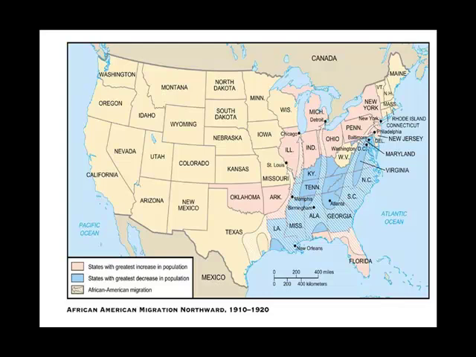You should also notice the patterns of migration. If you can see the way those arrows are adjusting, you'll see what I mean by that vertical movement out of the Carolinas up into New York, into Pennsylvania, out of Alabama, for example, all the way up into Michigan, then out of, let's say, Mississippi and Louisiana into Chicago, and also into St. Louis.